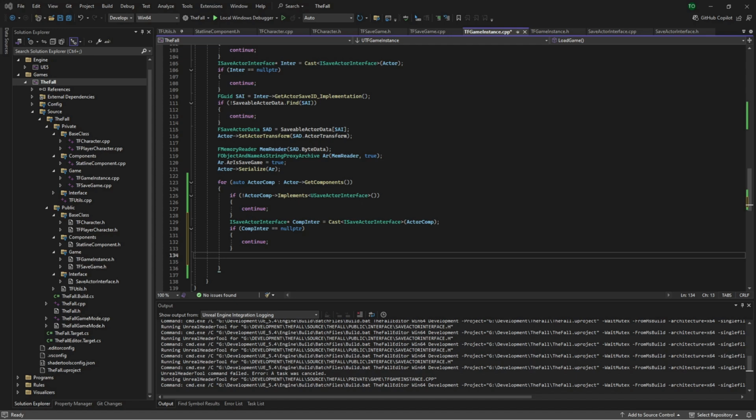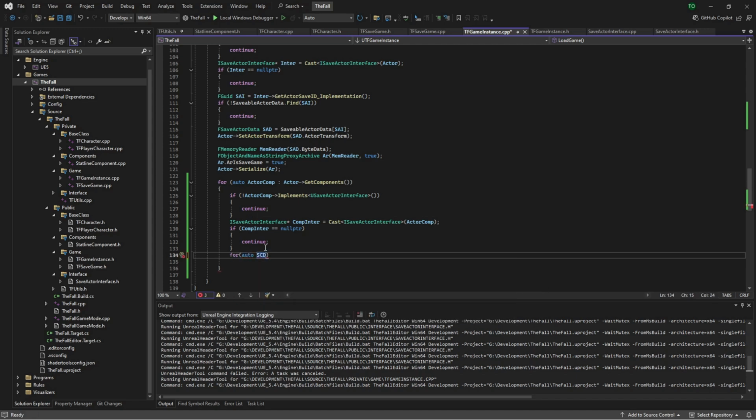Pull up what I did before. I want to make sure I'm doing this correctly, because I had some refactoring I wanted to do on this one. Okay, yeah, so just to cover, what we're doing here is we're checking each of the individual components that are on the actor. If they don't need to be saved, we're moving to the next one. If we can't get their interface, we're moving to the next one. So now that we have that information, what we want to do here is for auto